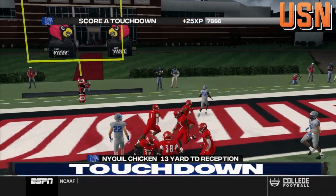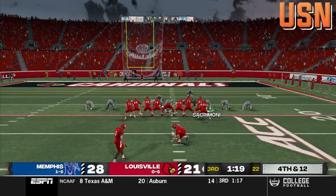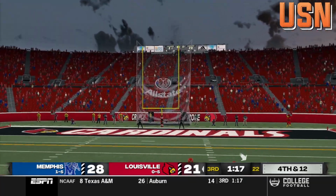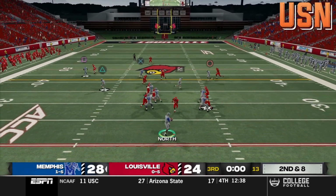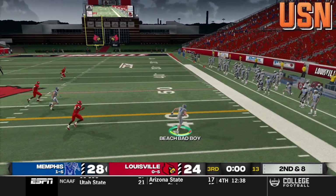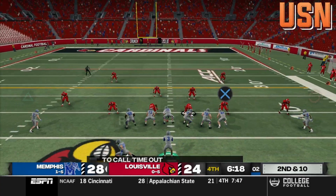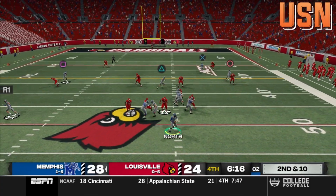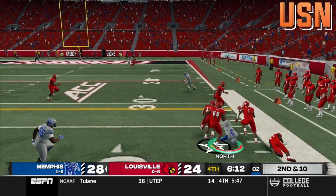However, across the middle here, it's going to be him coming through with the touchdown. Nice job by the man, NC. He's always getting the job done out there on the field. They end up settling for a field goal here towards the end of the third quarter. We have to get a big first down here, and we do that with the man Huntington Beach bad boy getting the job done. Now Andy North trying to create something. He keeps running out to his right, and at some point he's going to regret this,